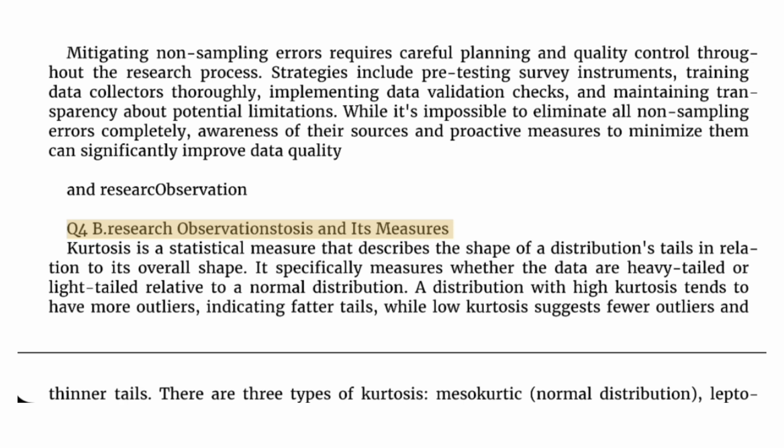Q4b. Research observation. Kurtosis and its measures. Kurtosis is a statistical measure that describes the shape of a distribution's tails in relation to its overall shape. It specifically measures whether the data are heavy-tailed or light-tailed relative to a normal distribution. A distribution with high kurtosis tends to have more outliers, indicating fatter tails, while low kurtosis suggests fewer outliers and